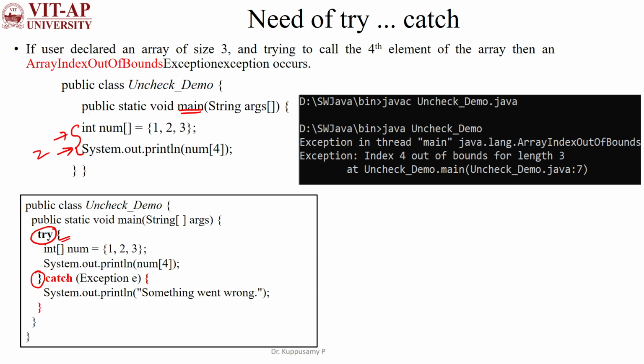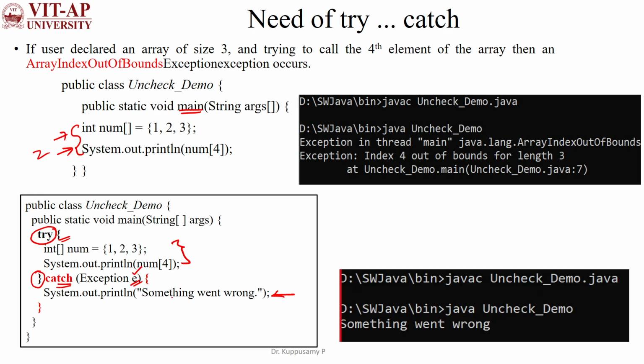Then the partner of the try block is catch, which is catching the errors which are raised by these statements. Then that will be stored in the object e, right? Then I am giving the notification to the user something went wrong. If you want to execute this program, you see it is successfully executed, right, without any interruptions which happened in the previous program. So here interruption happened, but in the below code there is no interruption, successfully executed by handling those exceptions raised in this